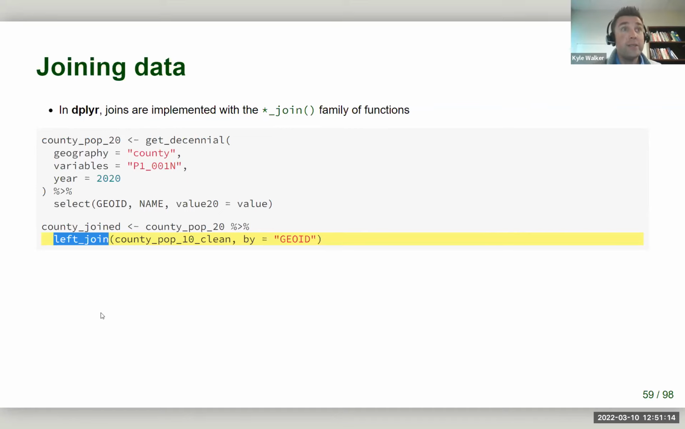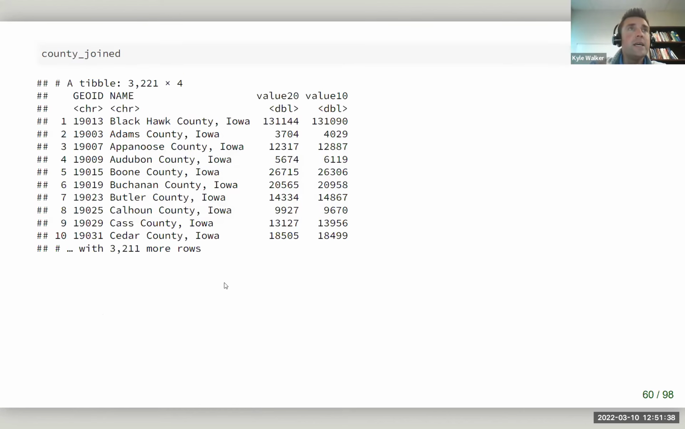You can do right joins where all rows on the right-hand side of the join are retained. You can do inner joins where only matching rows are retained. You can do outer joins where all rows are retained. In this particular case, we're retaining all rows in 2020, and we're joining to it rows from 2010 based on common values in the GeoID column. And so when we do that, we get back a data set that looks like this, where you have